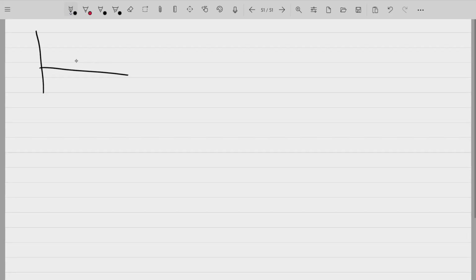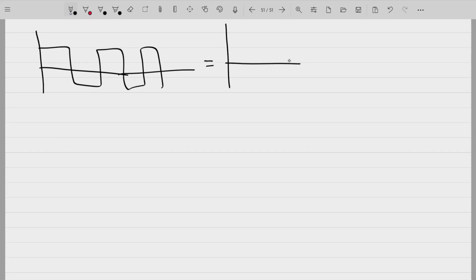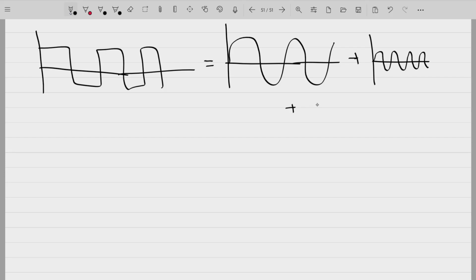So you can have a square waveform like this. What it is made up of actually is a sinusoidal function, fine, plus another sinusoidal function, plus another sinusoidal function, fine. So the summation of all these sinusoidal functions will result in a square function. It will be possible for you to show a square function as a summation of different sinusoidal functions, but you cannot show a sinusoidal function as a summation of different square functions. So with these advantages, sinusoidal functions